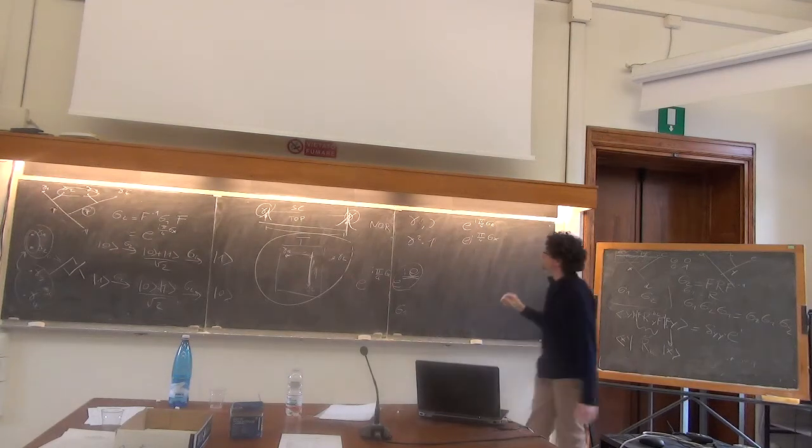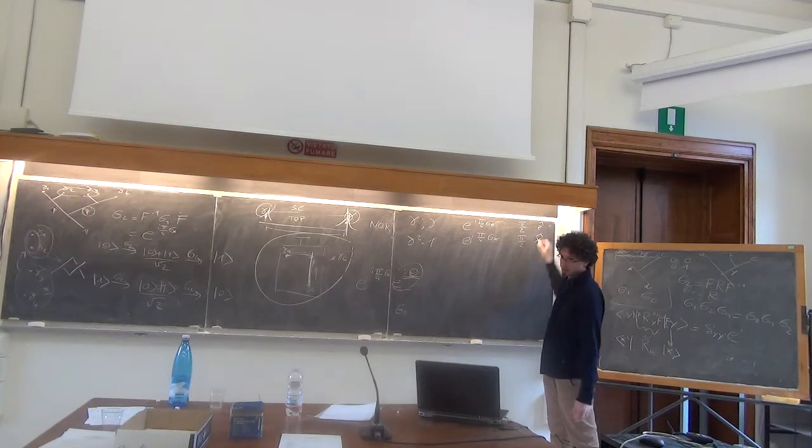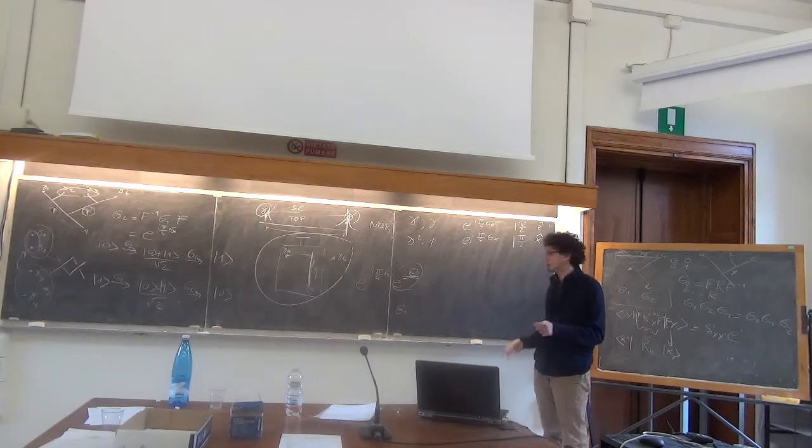And you may verify that this is a rotation of an angle pi over 2 around the z axis, and this is a rotation of an angle pi over 2 around the x axis. But if you combine these 2 elements, you obtain a closed group. So you obtain the group of the symmetries of the cube, which is not enough to